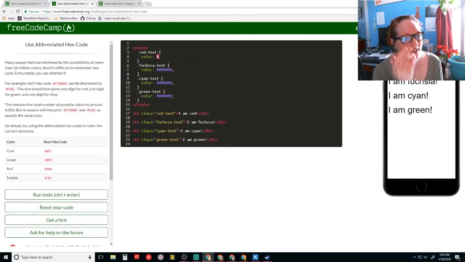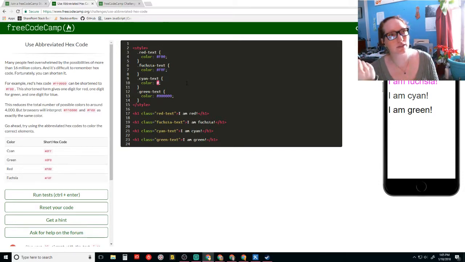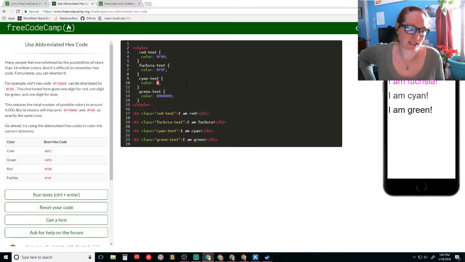Oh, abbreviated hex? Why? I guess just so we know that this is possible, but when I'm doing my colors, I get everything off the internet. I'm like, okay, this is the RGB, what's the hex? This is the hex, what's the RGB? They have converters for that. They even have converters for shortened ones too. So why are we doing this right now? It would be more useful if they gave us the links to that knowledge, because that is something we're going to need. Everybody needs that. When you're doing design, you need text codes and stuff.